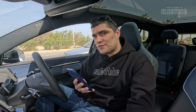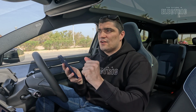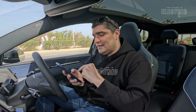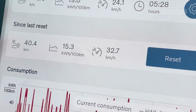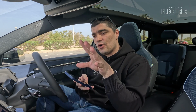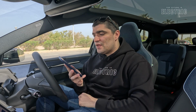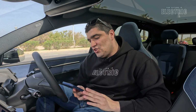It's not a bulletproof system, but it does allow us to compare the cars, how they fare here in a city-like driving feel, which is our little island. So 64 kilowatt hours, I'm going to divide that by the 15.3 kilowatt hours per 100 kilometers, which I'm seeing on the trip meter, which I reset, of course, before I started the trip. We multiply that up by 100 and we get a range of